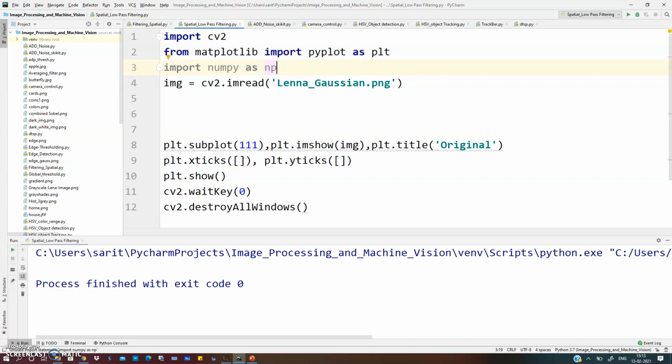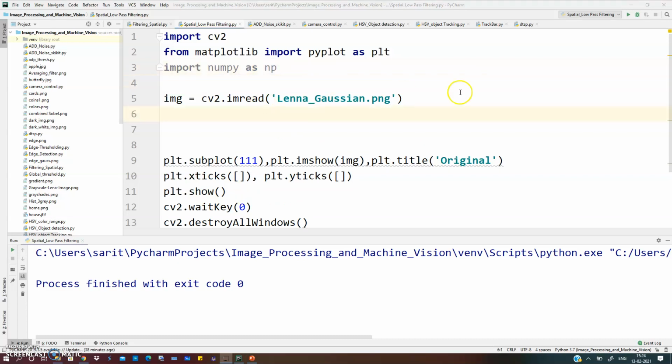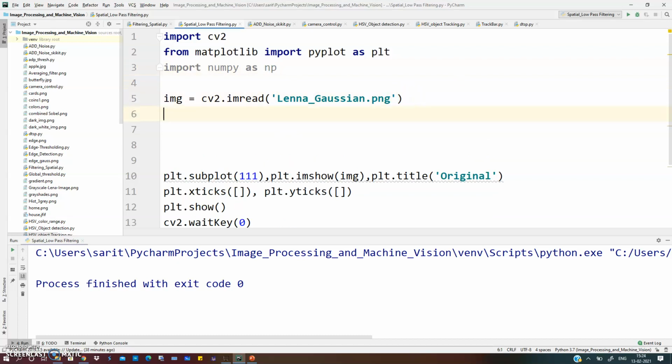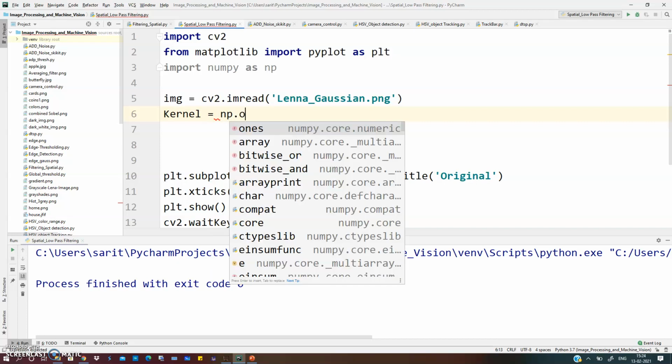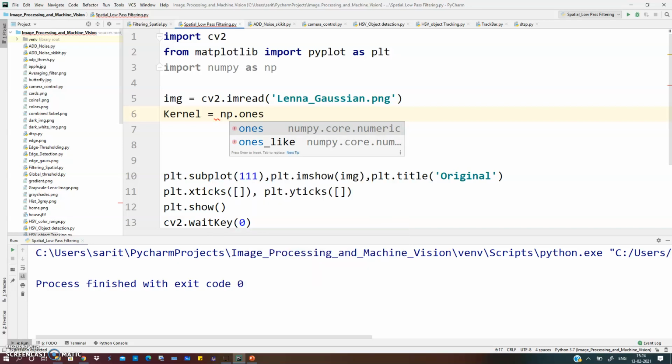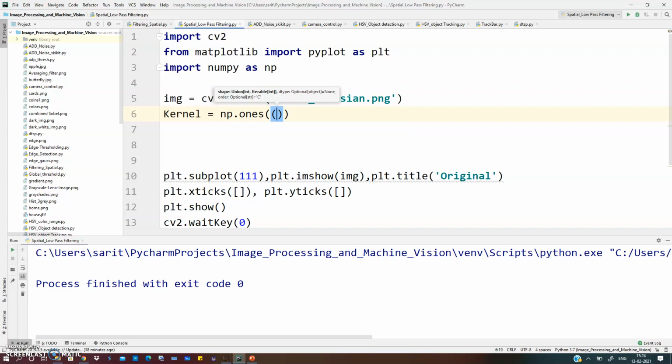Okay, so I have included numpy. Now here I will create a kernel, and to create a kernel we'll use the numpy package, np. Once all the elements of the array or matrix are 1, we'll use numpy ones, and the size we'll create is 5 by 5.